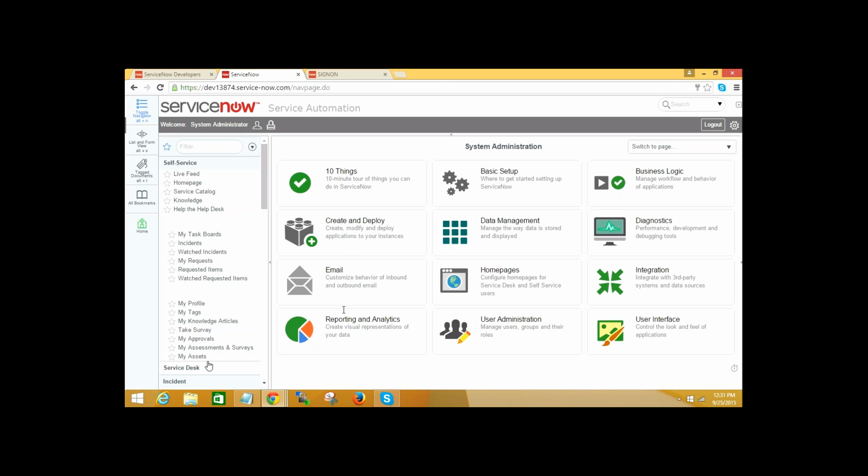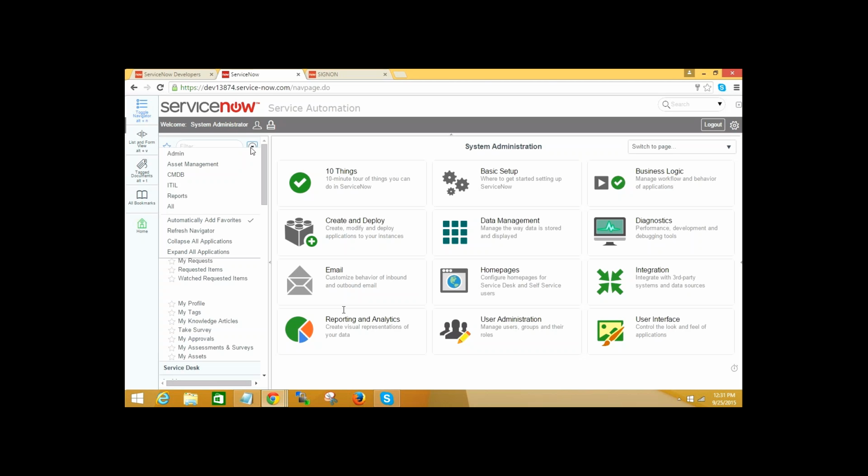Whatever you have on the left side, these are all the applications. Click on the play button here, Venkat. After the filter, there is a button, right? Click on it. This is a kind of filter.